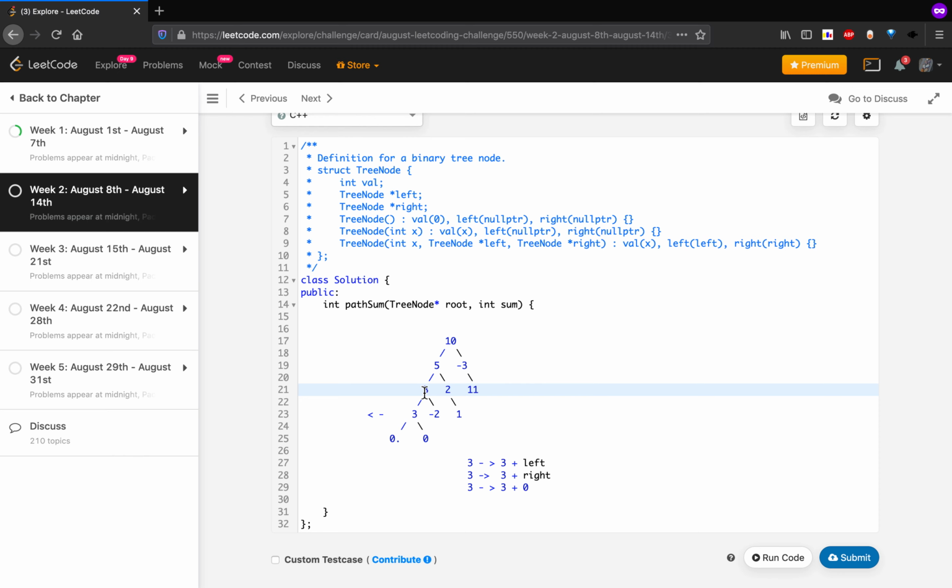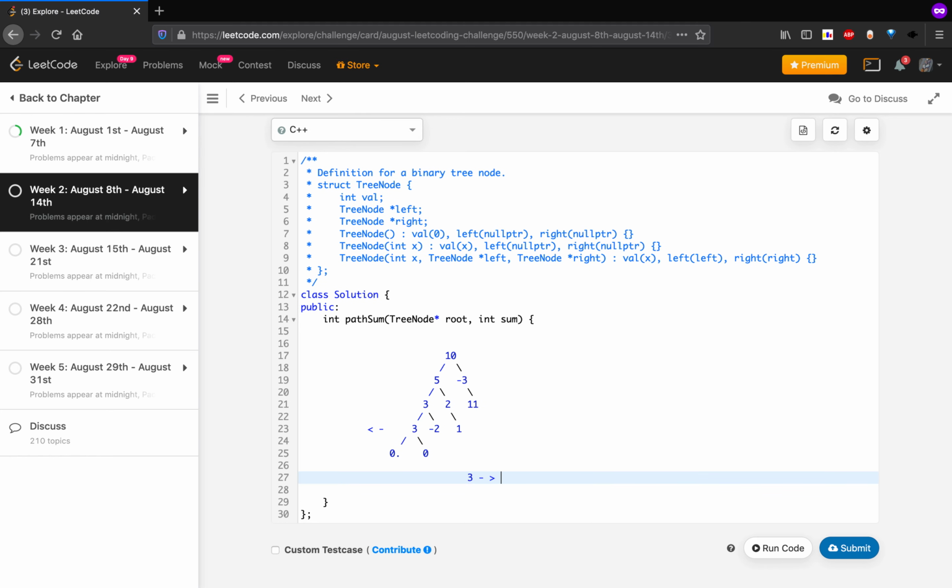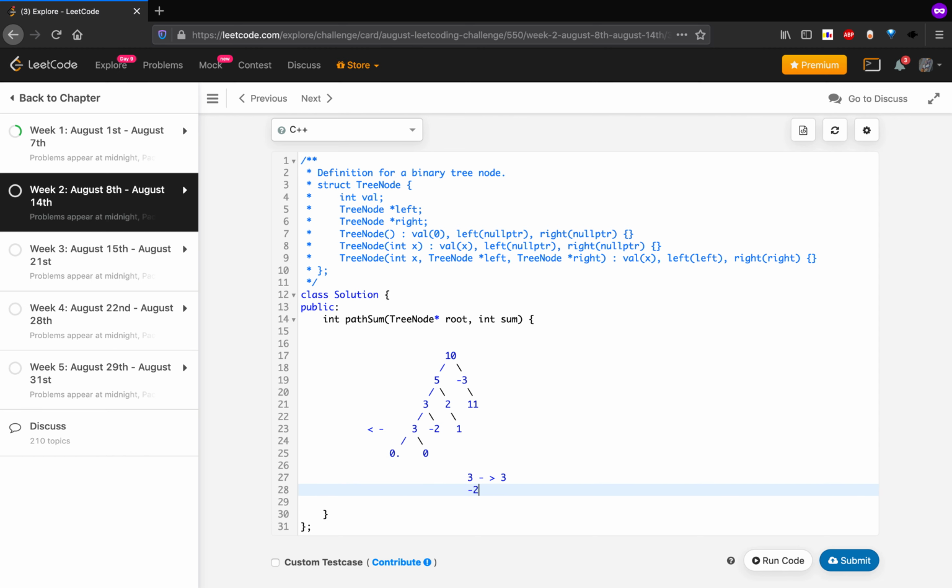In this case the 3 is a leaf node itself, so we just return 3, because we know that other values will be duplicates. From here we also receive minus 2, because minus 2 is a leaf node, so it returns minus 2.